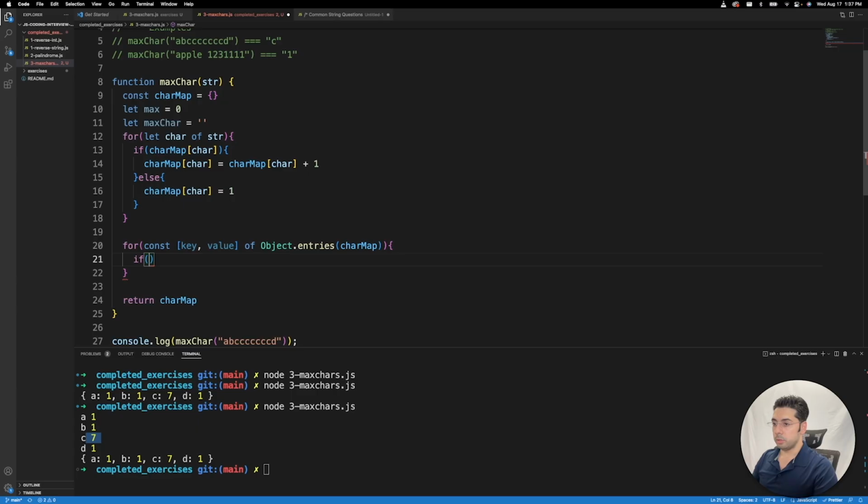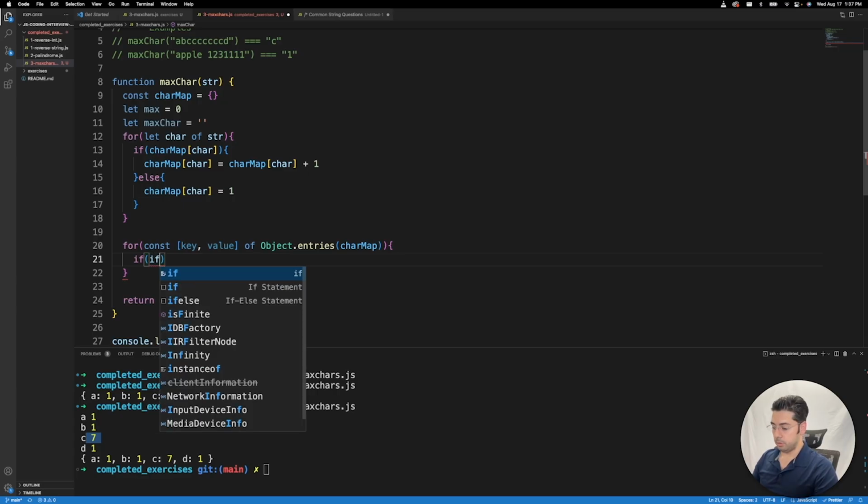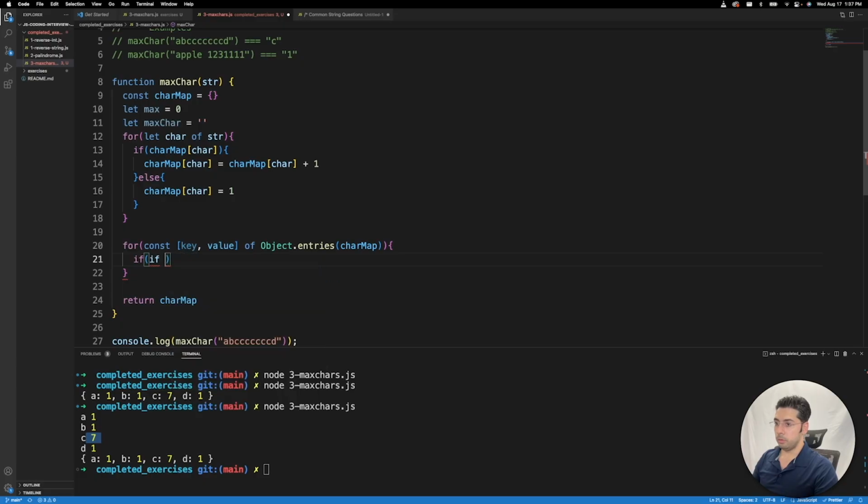We'll say if value is greater than max. So we'll see, like the first one, is this greater than max, which is 0? Yes. Then we'll set this max to the value,